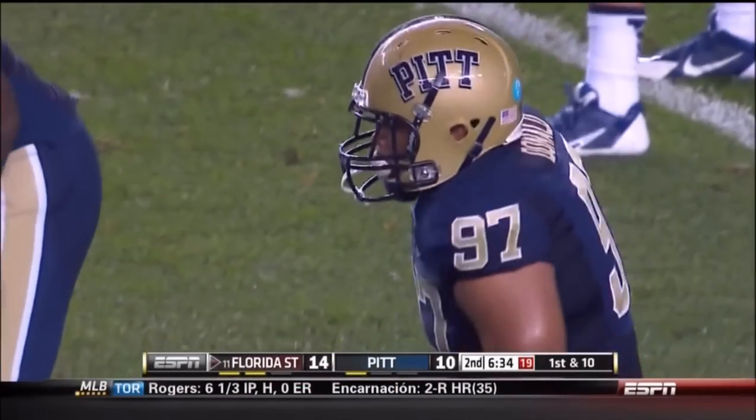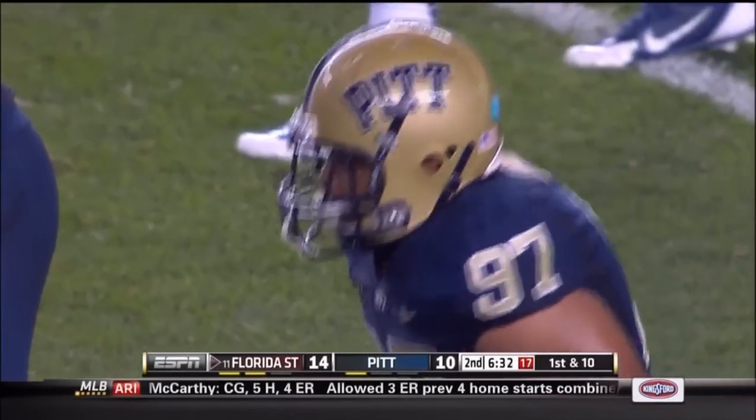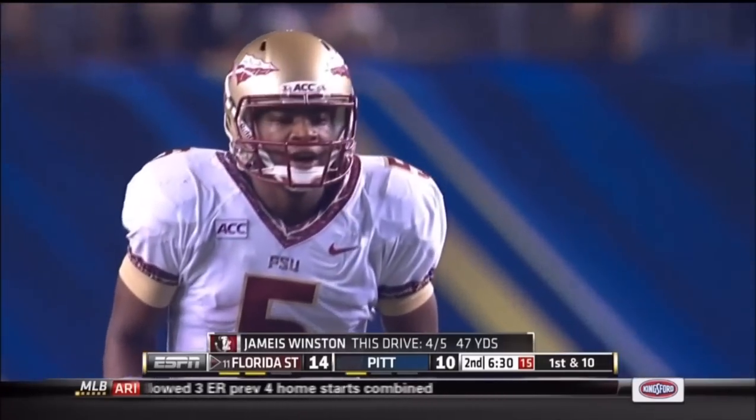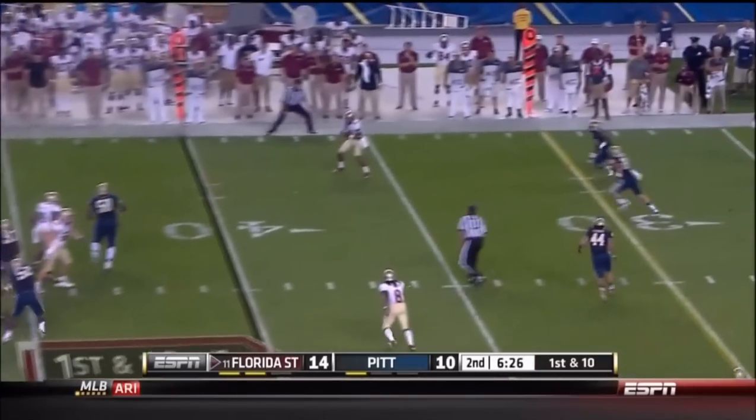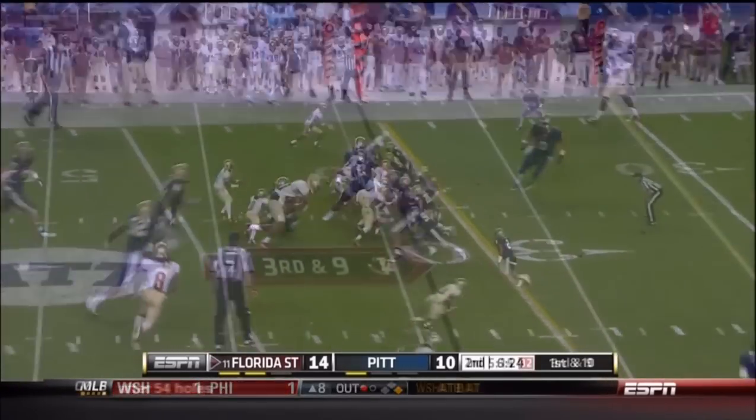It's very impressive, Reese. I mean, we've seen a lot of big-time throws tonight so far from Jameis Winston. Aaron Donald, an all-conference level defensive lineman. Winston feeling it, fires out another completion, and Green is having a...